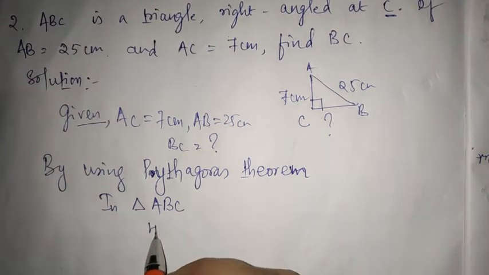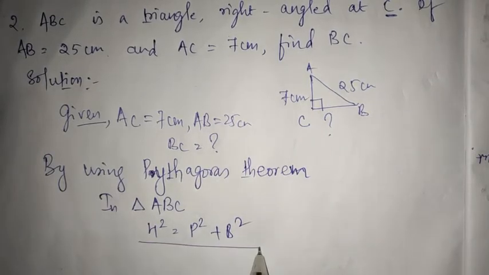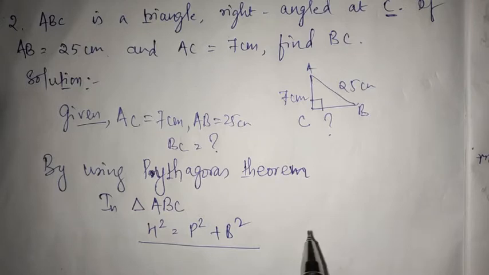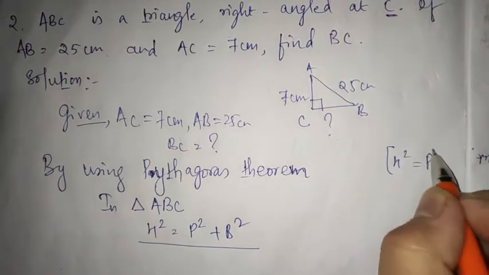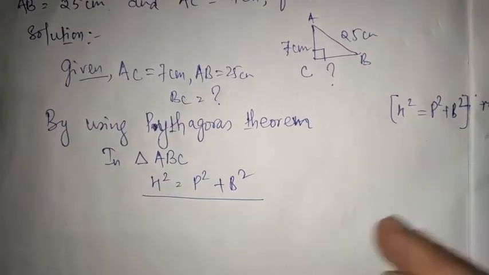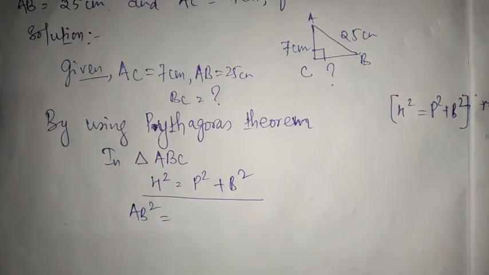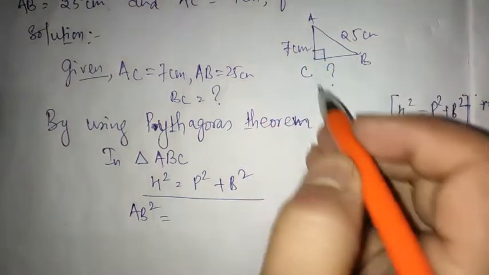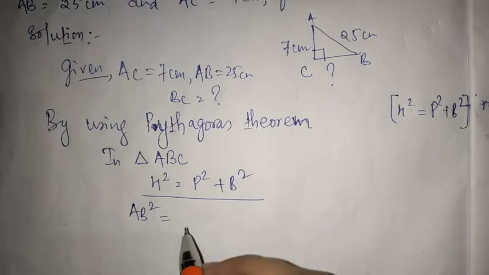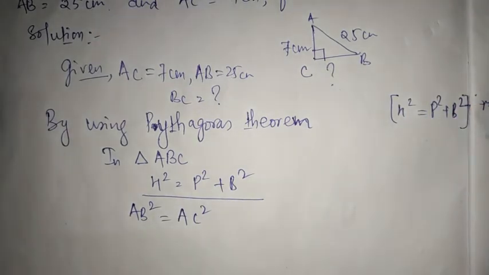That is h square is equal to p square plus b square. In exam, instead of writing h square equals p square plus b square, you can just write like this. And what is the hypotenuse? AB square. Directly write AB square. What is the p square? P square means your height or altitude. In altitude, the 90 degree is formed, no? Plus b square. What is b square? It is BC square, which you have to find.